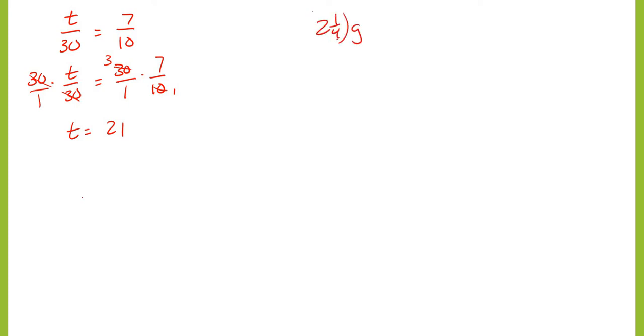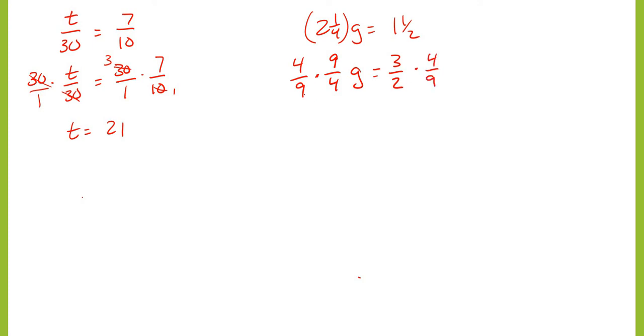2 1/4 times g equals 1 1/2. First thing I have to do is change these to improper fractions. So that's going to be 9/4 times g equals 3/2. I want to multiply both sides. I'm going to choose the reciprocal